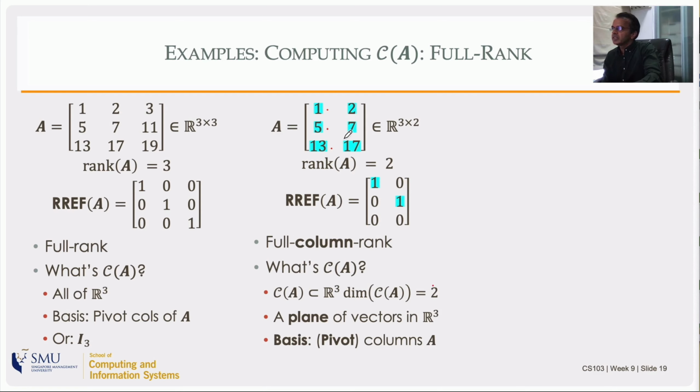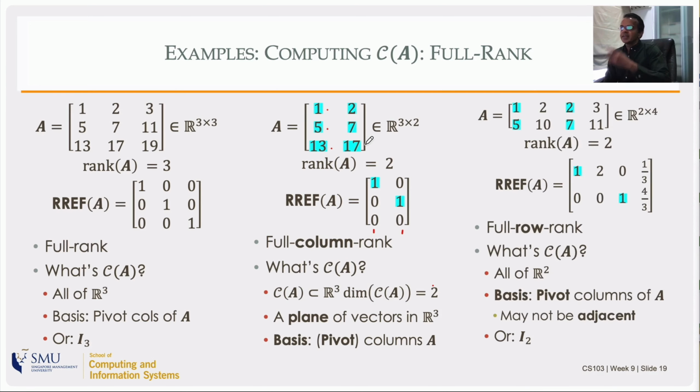Now, if you look at these 2 vectors, they are in some random direction in R3 and the plane is in some orientation with respect to that. I cannot take the columns of this matrix and say that that is the basis because if you think about it, the first column is basically the x-axis. It points along the x-axis. The second one is along the y-axis because the second element is 1. But my column space is not the xy plane, it's some other plane oriented with respect to the axis specified by these 2 vectors, which is why you have to go back to the original matrix to get a basis